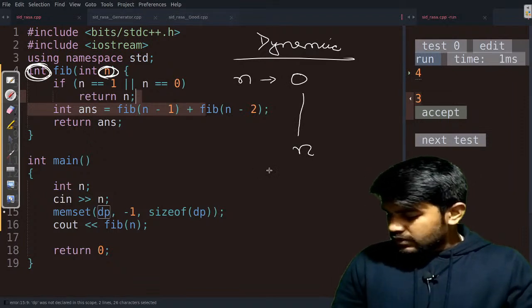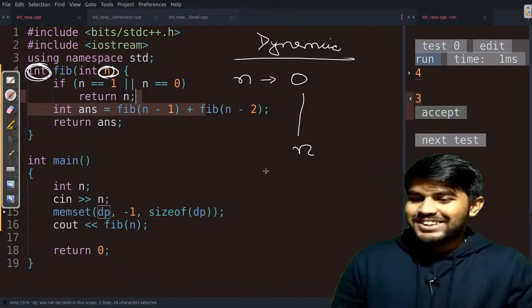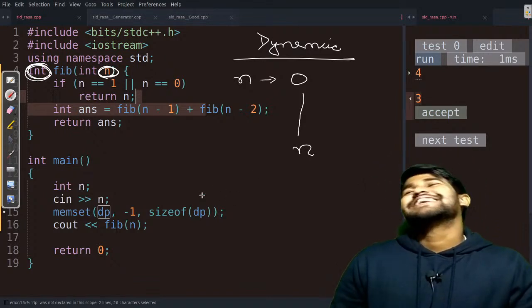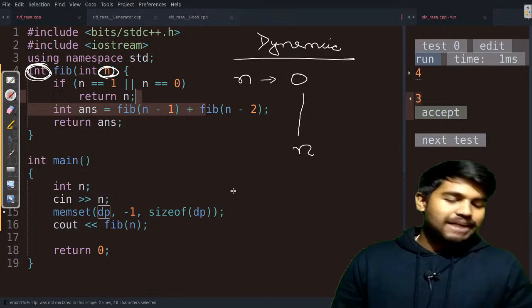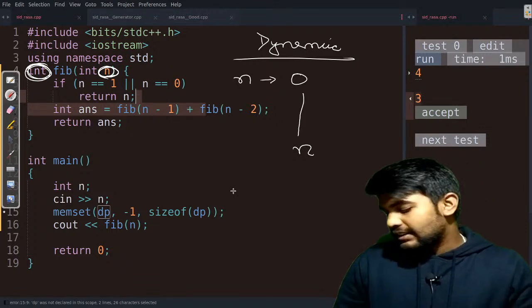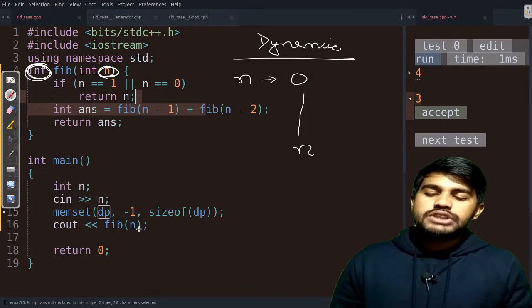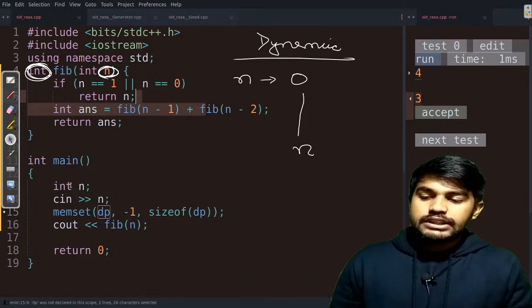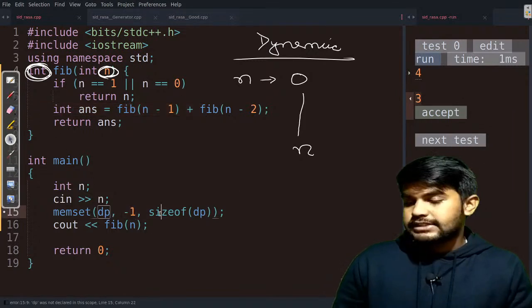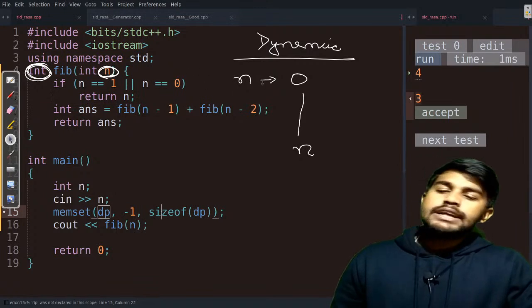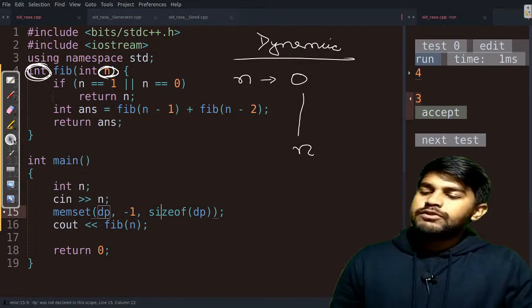मेमसेट का बताया तो अगली बार बताऊंगा, 5 रुपया ले लूंगा. ओके, सो मेमसेट क्या होता है, इनिशियली एरेज का वैल्यू गार्बेज वैल्यू रहता है. ओके, सो we are just initiating the value of memset with the value -1. ओके, सो n का वैल्यू 0 से n रहेगा. सो we won't do anything.